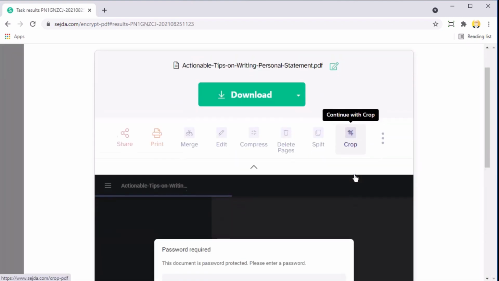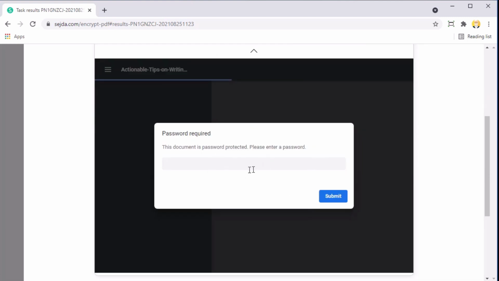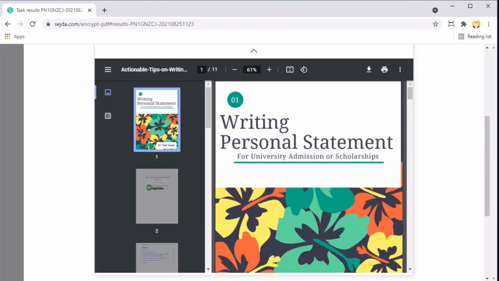And now my PDF is ready. But in order to use it, I have to put the password, which is pass123, and I click submit, and now I have the ability to download this. I click on download and I can download this, and when somebody tries to open this file, it will ask for the password just like that. Similarly for printing. So this is how you password protect your file.